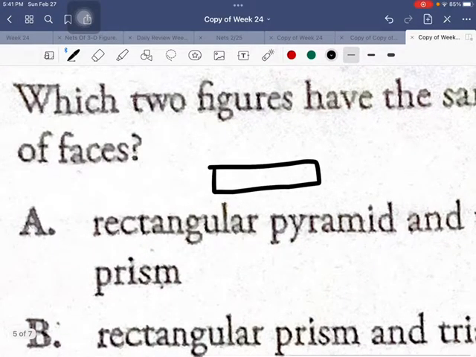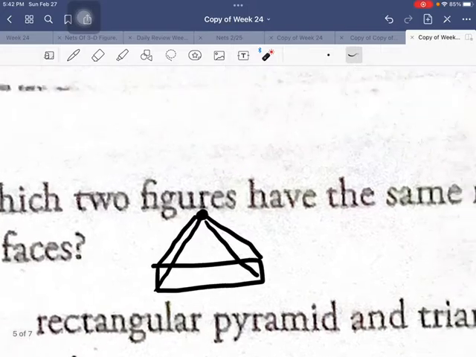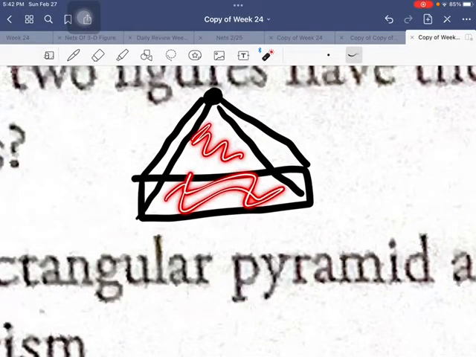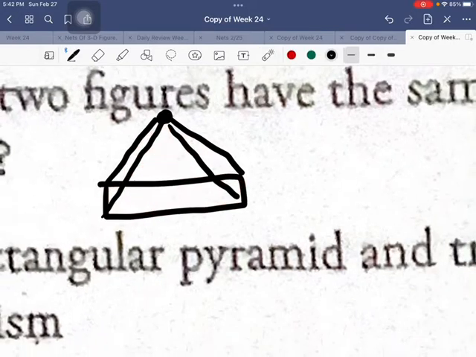Pyramid means what? Now that means that they're all going to touch just one point. How many faces is this? Well, we have the back, we have the front, the two sides, and the very bottom, that's 5 faces